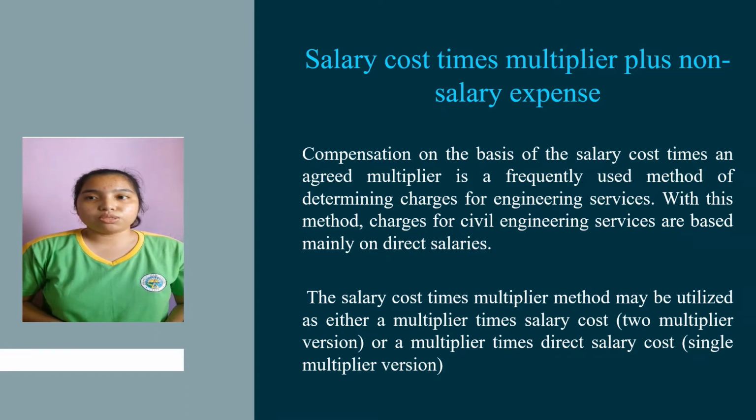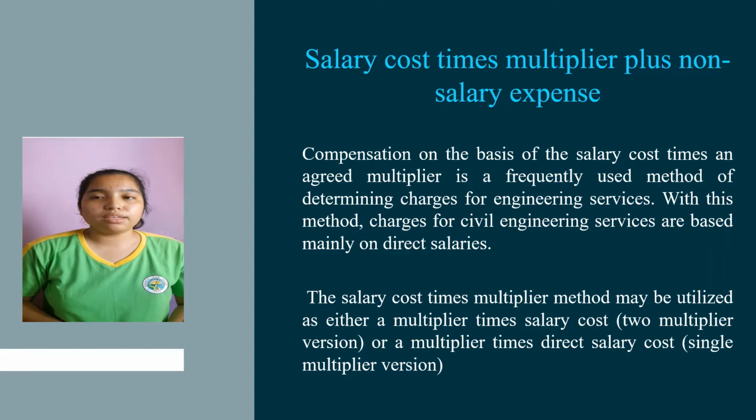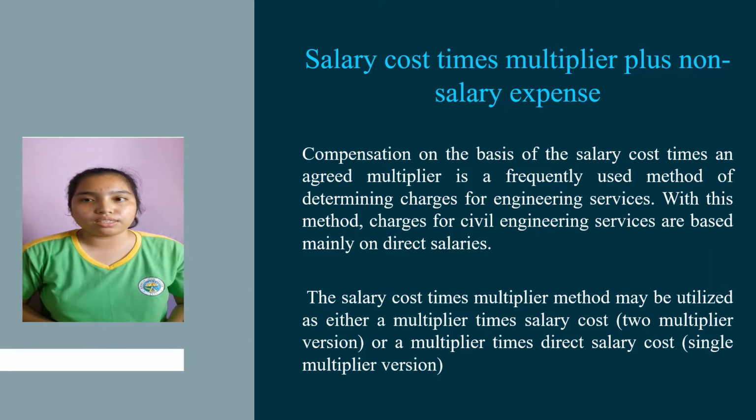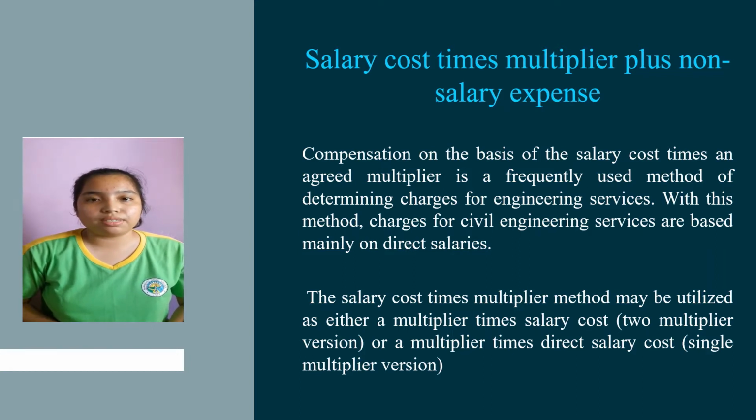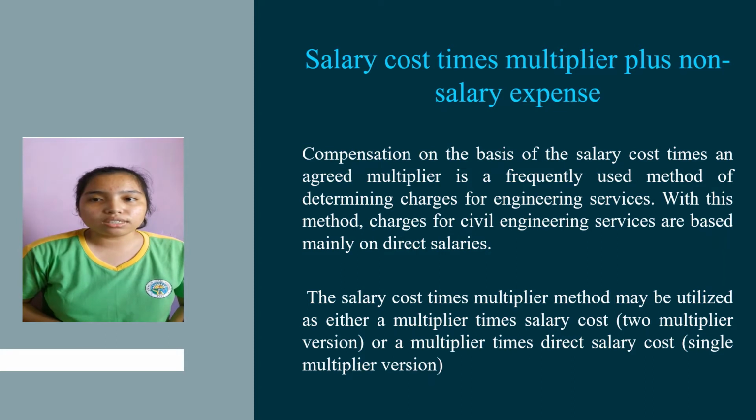Salary cost times multiplier plus non-salary expense. Compensation on the basis of salary cost times an agreed multiplier is a frequently used method of determining charges for engineering services. With this method, charges for civil engineering services are based mainly on direct salaries. The salary cost times multiplier method may be utilized as either a multiplier times the salary cost, 2 multiplier version,